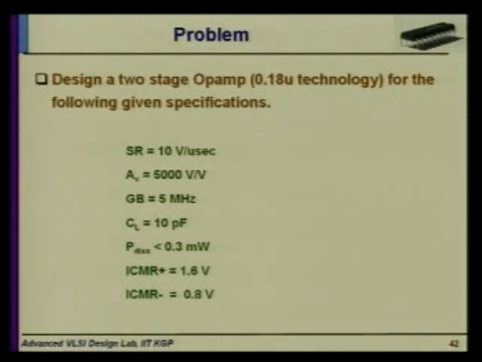I hope tomorrow when you are present in the lab, you will have all your W by L data, the W by L ratios. You will find out all the W by L's from these specifications. You know the design steps, so you will find out all the aspect ratios from M1 to M7, and you will take L as 500 nanometer or 250 nanometer. That we will tell you tomorrow in the lab.